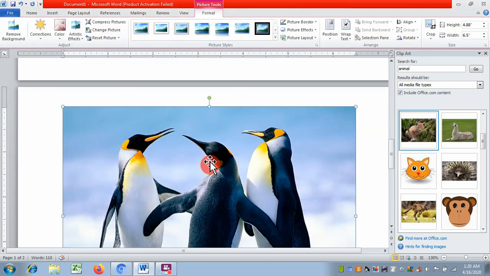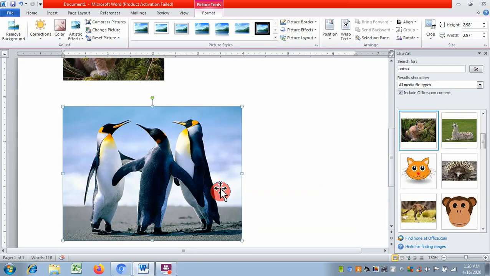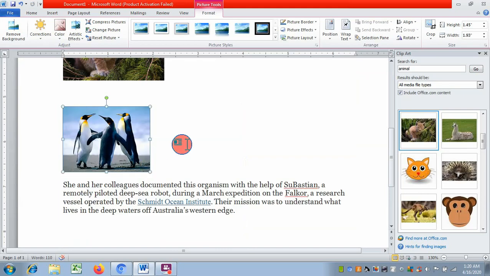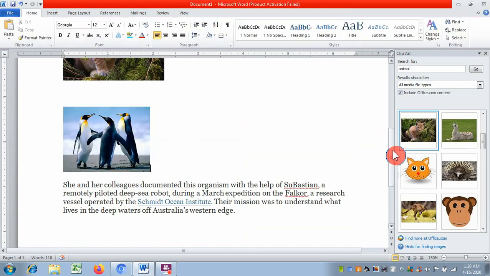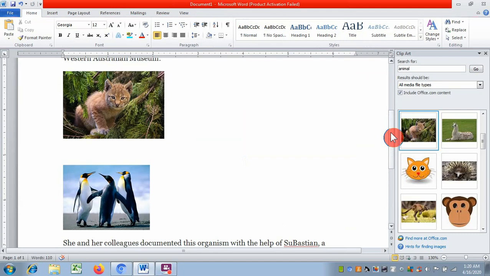You can see we have inserted this picture. It is too large, so let us scale it down. This is how you can scale down the picture. So both the things we can insert, either picture or the clip art. This is how we can insert any graphical object.